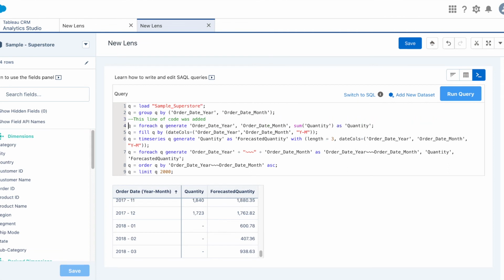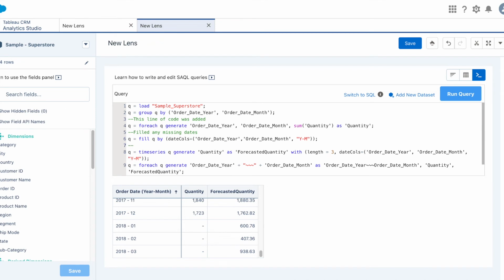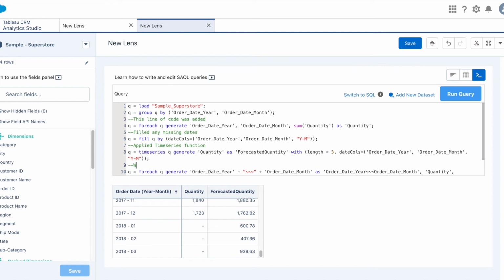We also filled any missing dates, and here we applied time series function, and then finally here we replaced the variables to show quantity and forecasted quantity.